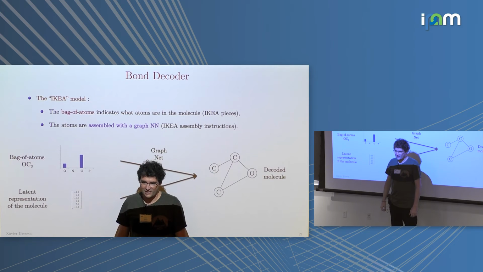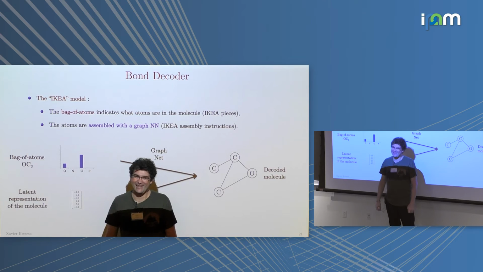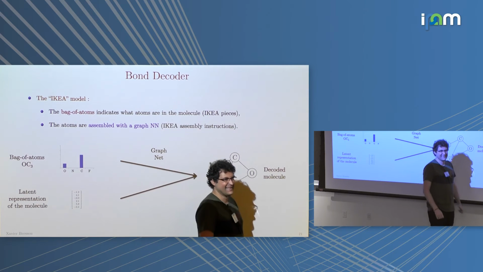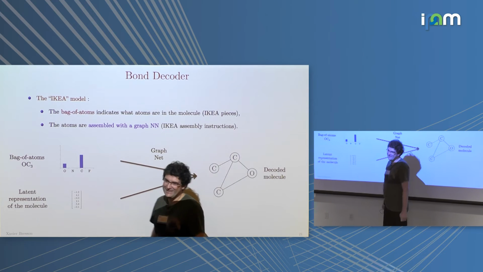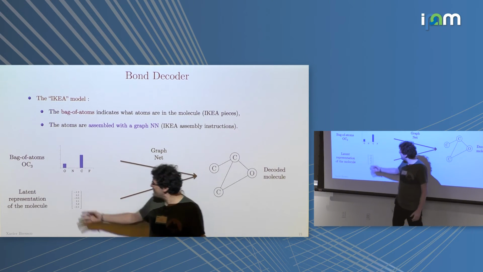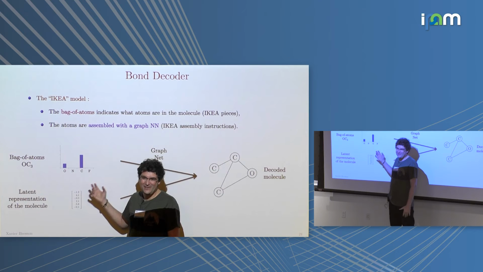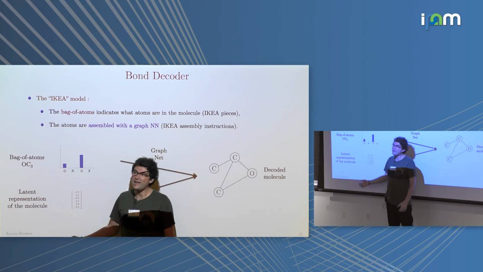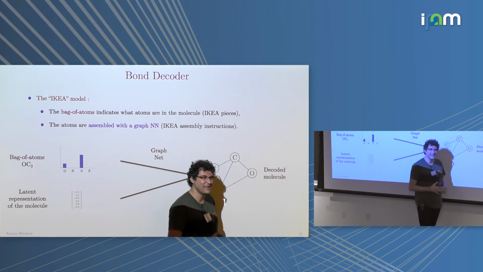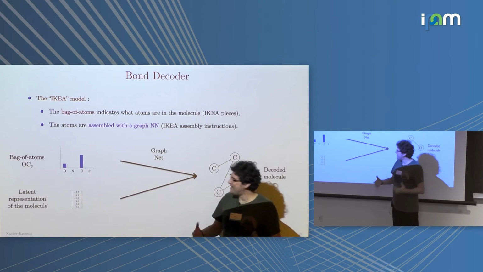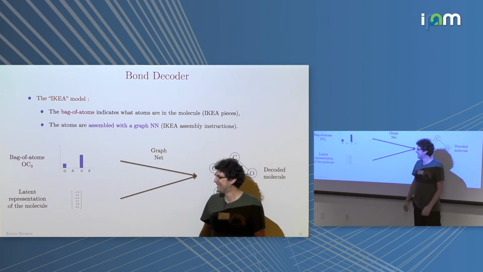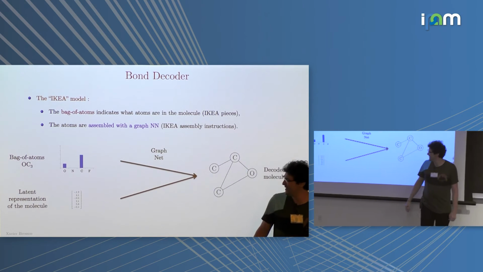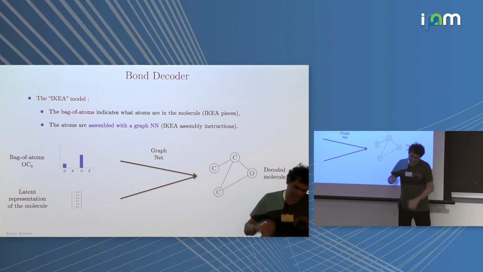No, I think he's asking whether it's going to be something human interpretable or it could be just some abstract thing. That's a good question. It's going to be some highly difficult to interpret abstract thing. I think it's going to be hard to interpret, and the more inputs you put, the more difficult it's going to be to interpret. So looking at the latent space of representation, I can make a nice drawing, but at the end I'm not sure it's something useful. Yeah. So maybe we can come back to that later.